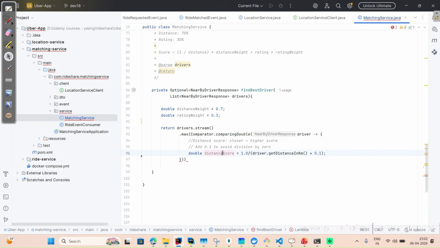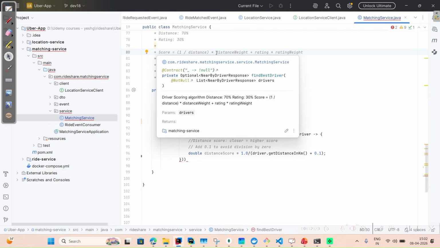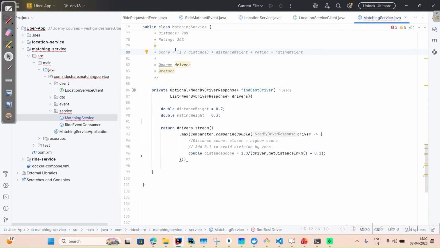See, this is the distance score, this entire part is the distance. Fine. And later on we will just multiply it with the distance weight. So the first part is done. Now the second part,